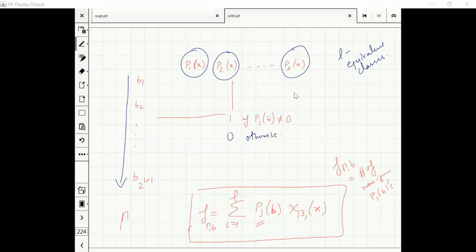Right? What do we want to show? We want to show that there exists an assignment whose sparsity is high. That means in terms of this matrix, there exists a row which has a lot of ones. So I'm not putting the coefficient here, I'm putting 1 if PjB is not equal to 0. So a lot of ones in some row. And generally, when you have a matrix like this and you want to prove that there exists a row with a high number of ones, then you want to analyze the number of ones in the columns.